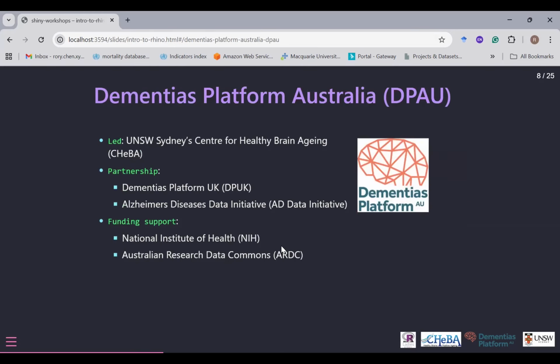Just a quick introduction about Dementia's Platform Australia. It's a platform I lead. It's led by UNSW Sydney's Centre for Healthy Brain Ageing, CHeBA, and we are in partnership with Dementias Platform UK, DPUK, and the Alzheimer's Disease Data Initiative, AD Data Initiative. Our funding is from NIH and